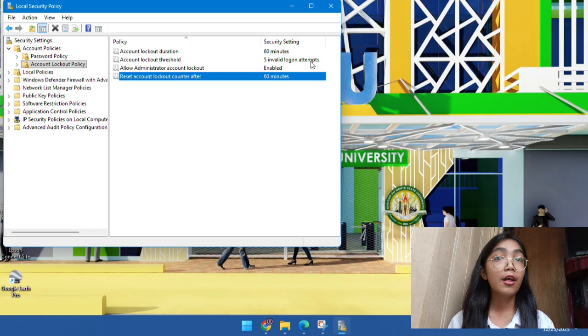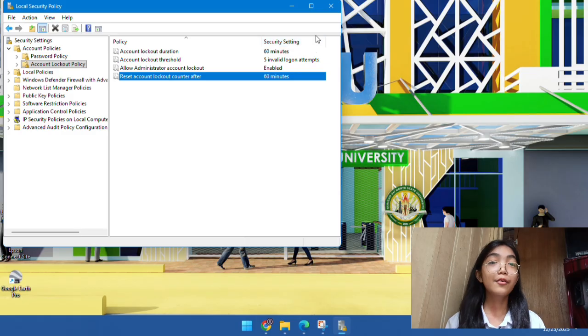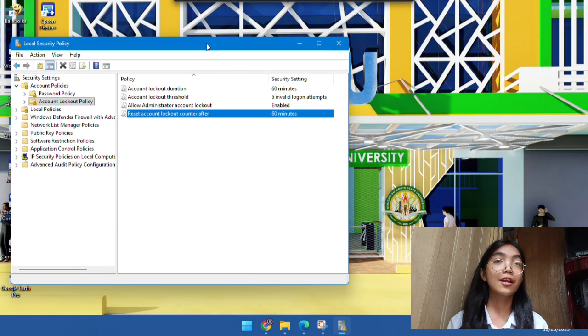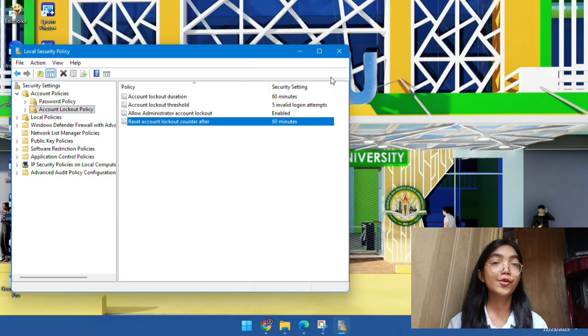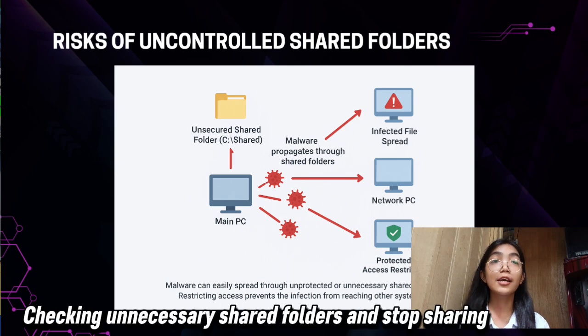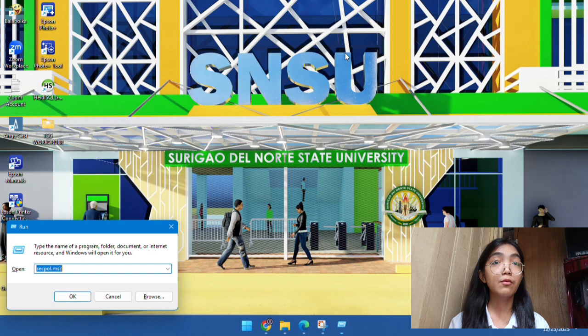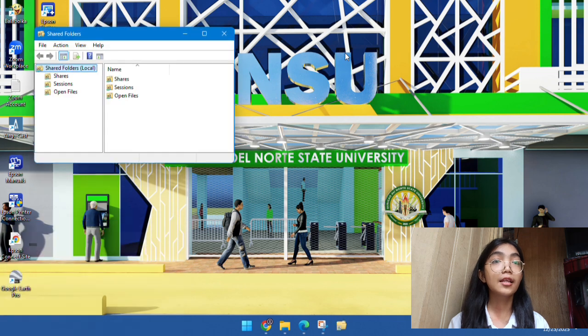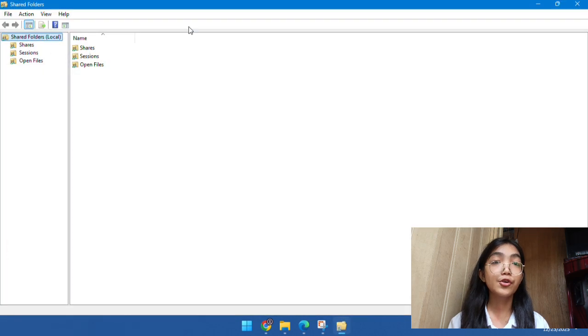repeated failed login attempts. Another Windows system component to securely manage is access control. Unnecessary shared folders can be exploited by malware, viruses, and unauthorized access. Limiting sharing reduces this type of security risk. Check the shared folders by using fsmgmt.msc to open the Shared Folders window.